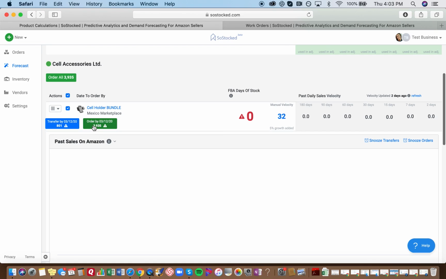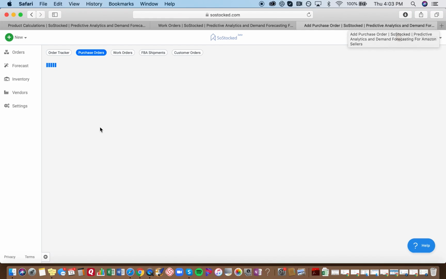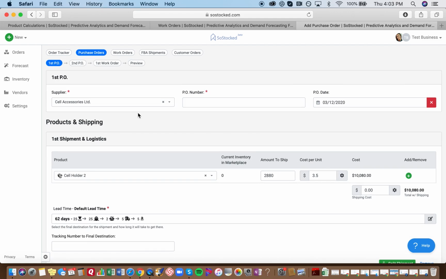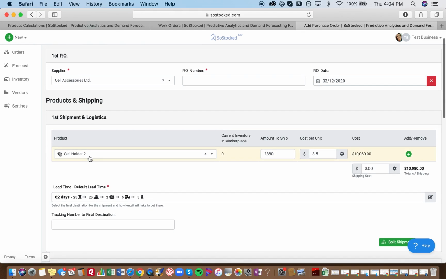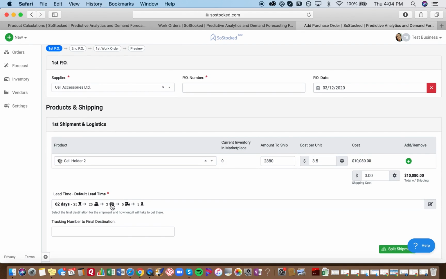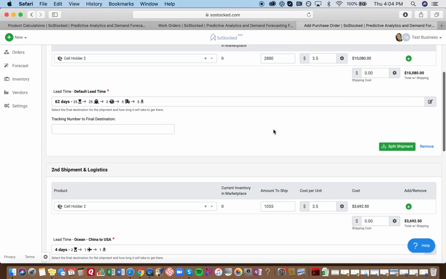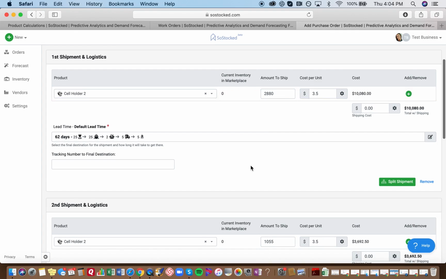Okay, so now it's giving us an order that it wants us to create. So it's pulling your Amazon inventory requirements, and it's giving you an order. So now that you've built it out properly, when you click to order this bundle, it's actually going to build a whole entire workflow for you based on what you have laid out. So you can see your cell phone holder, and it's going to the prep center, right? Which is simply that it's remaining there and turning itself into a prep center. And so it's going to be pulling the proper amount for you to order,